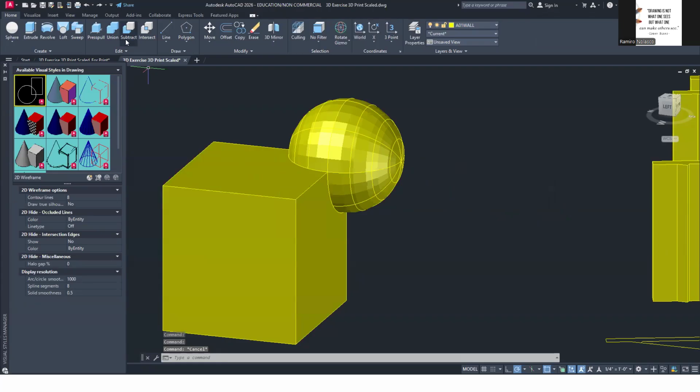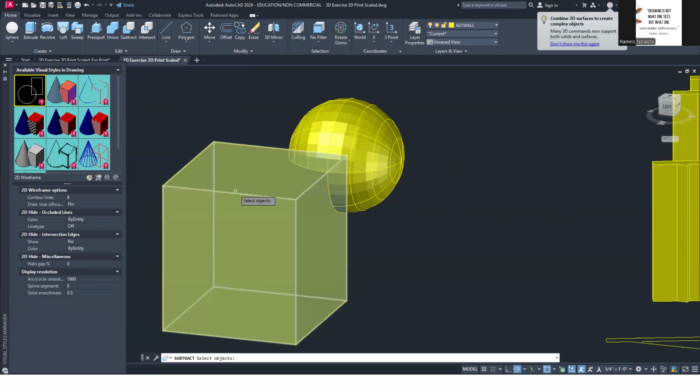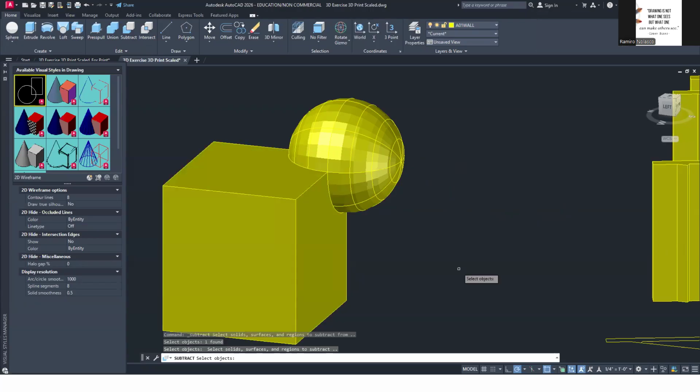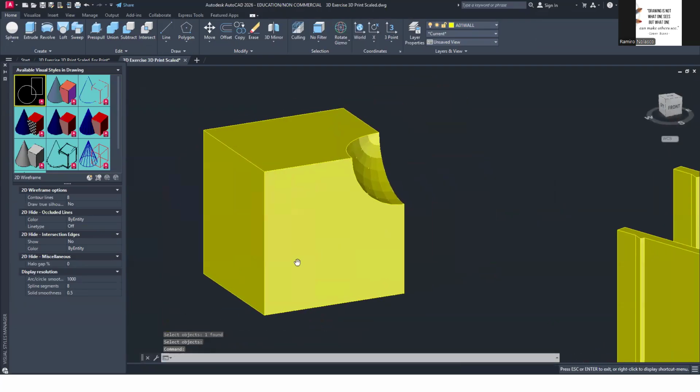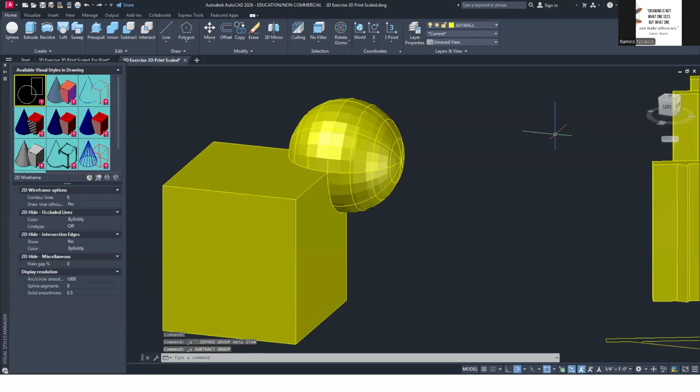Okay, I can do subtract. So select the object you want to maintain or retain, enter to end the selection, and then select the object you want to subtract from that initial object you selected. And then you get the subtraction. Okay, so undo, undo. And then you have the intersect command where you select two objects.